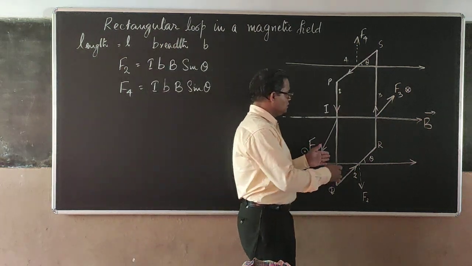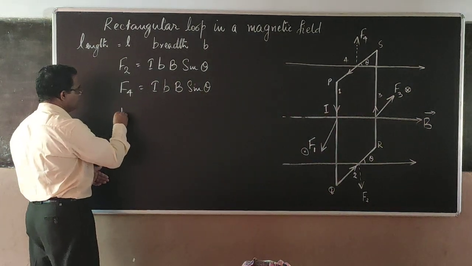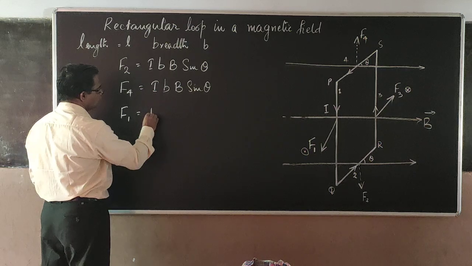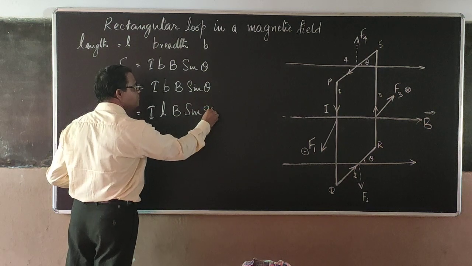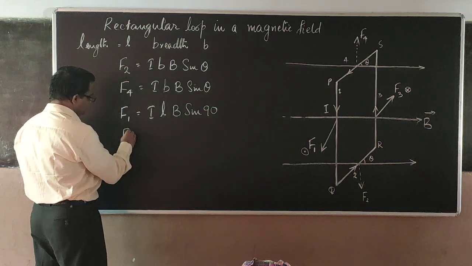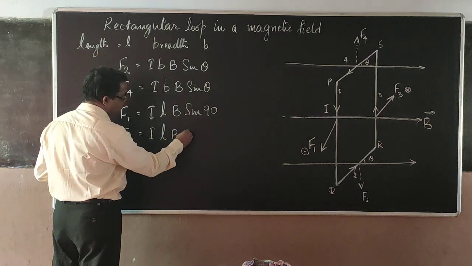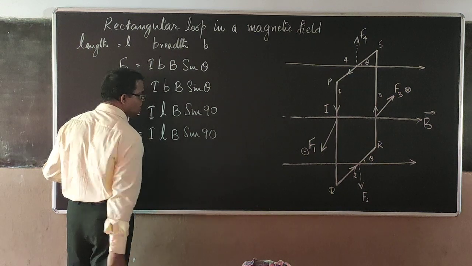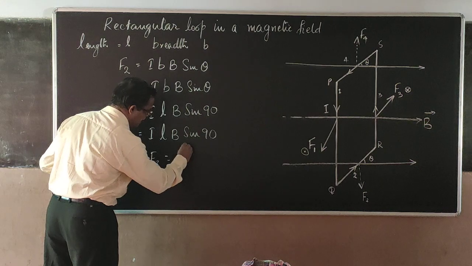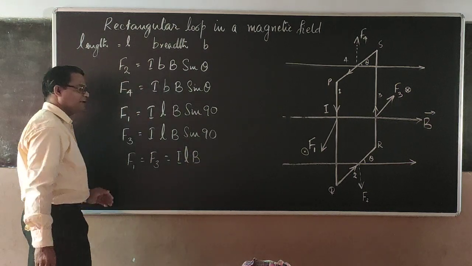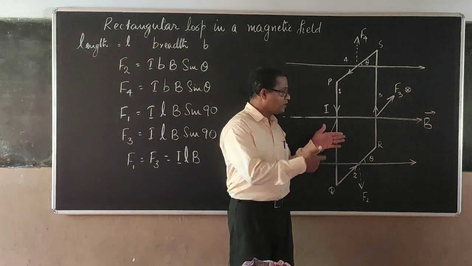Now what will happen due to these two forces? Let us see the magnitude of F1 and F3. F1 will be equal to I into L into B into sin 90, and F3 will be equal to I into L into B into sin 90. So F1 equals F3 equals I L B. But the problem is both are oppositely directed, but acting from two ends of